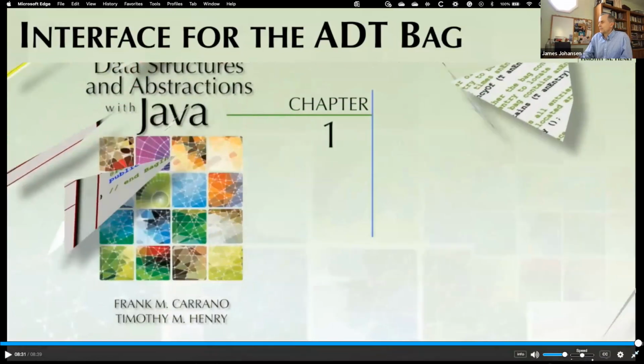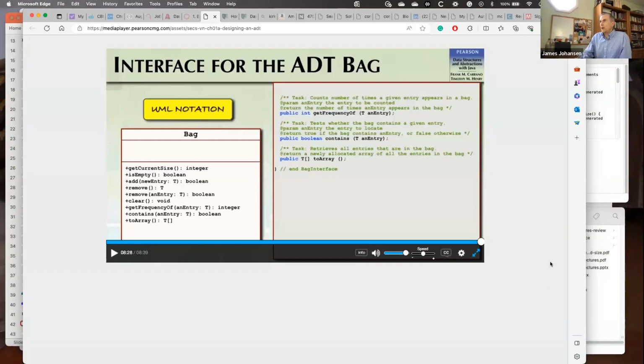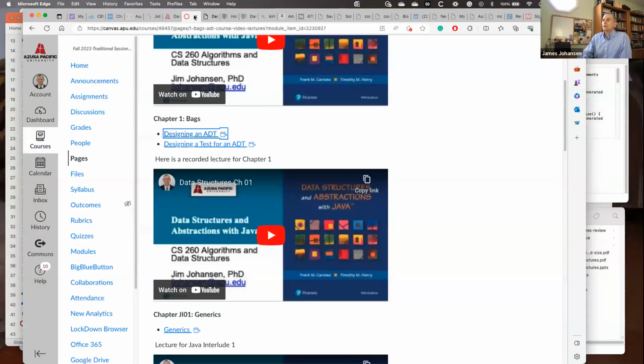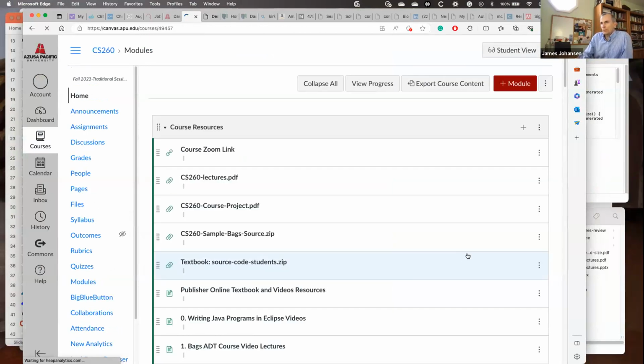So just to go back to that for a second, here we're seeing the long version of the interface. For the test code that I was showing you, I took out all these comments. But if you wanted to have a brain jogger about what each one does, this is one of those places that it tells you. And actually in the sample interface files that I've shared with you in Canvas, you'll get a chance to see that when you download that.